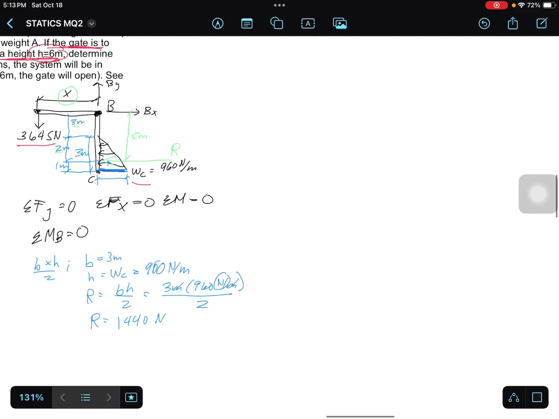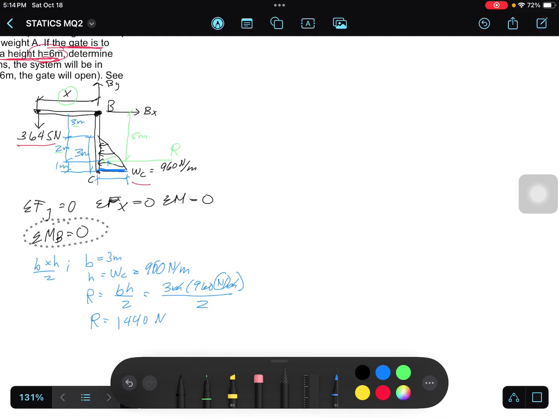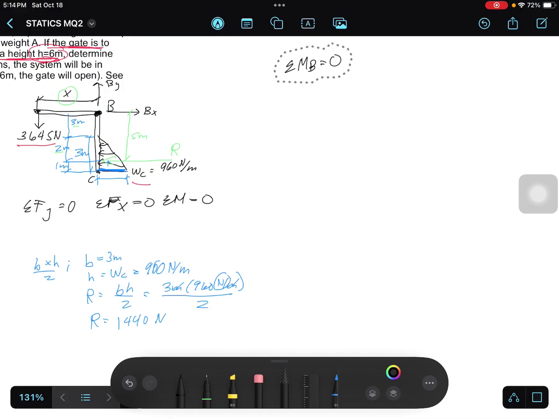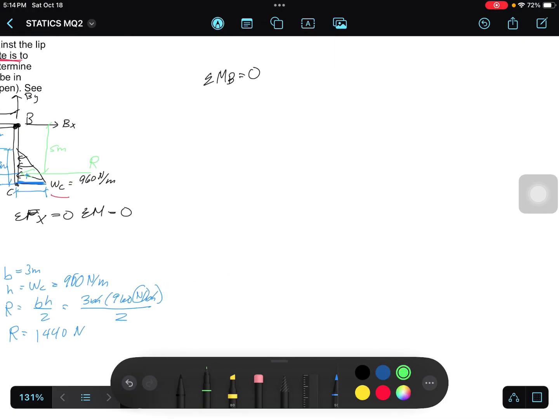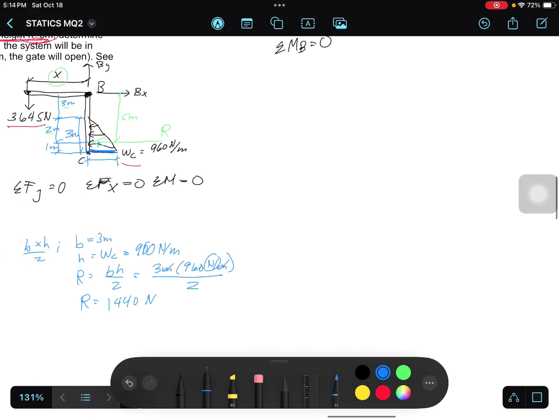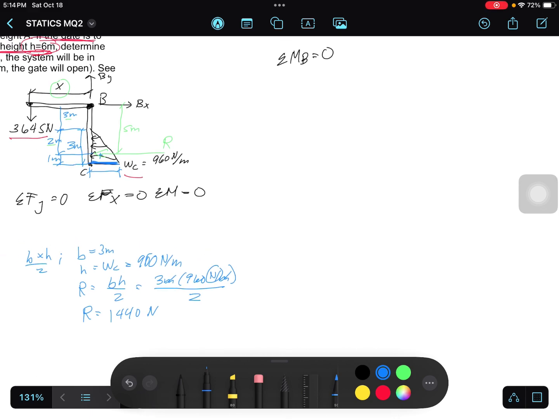So, kapag mag-summation na tayo ng moment at B, yun ang magagamit natin dito? Moment arm ng WC. So, summation tayo ng moment at B, umpisahan natin sa WC. So, this is your point B. Pag mag-a-act ng resultant ng WC, clockwise ang kanyang direction. So, it's negative